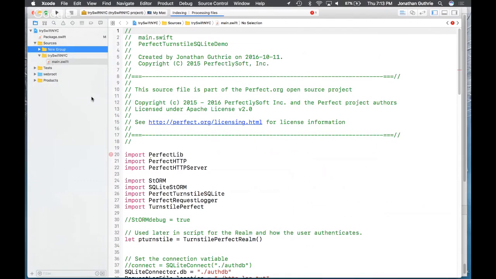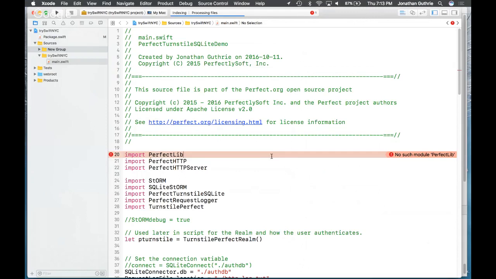The first thing I'm going to do is do a build, because you'll see that it's giving me an error here. It's going to say no such module PerfectLib.